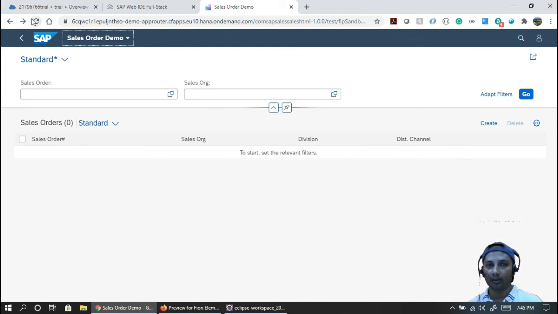So having the UI annotations at the CDS layer means whatever effort has been spent to build the UI remains there, and whatever new technology appears down the line, you need not redo the things. That is one important thing. Next tutorial, I'll try to demonstrate the unmanaged way, where I'll write certain enhancements on this particular application that we have built. All the CRUD operations will be on our own. We have to write the logic.